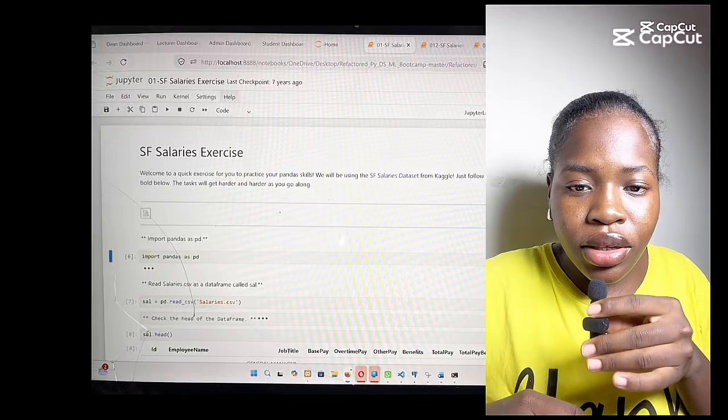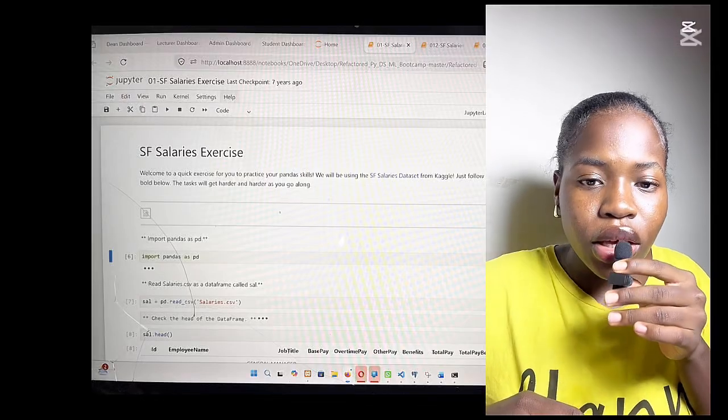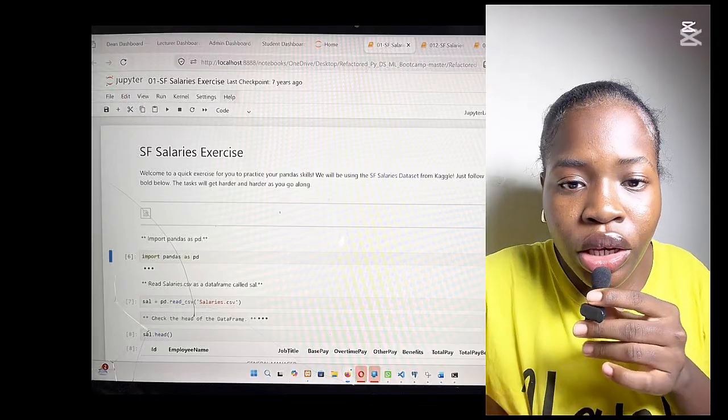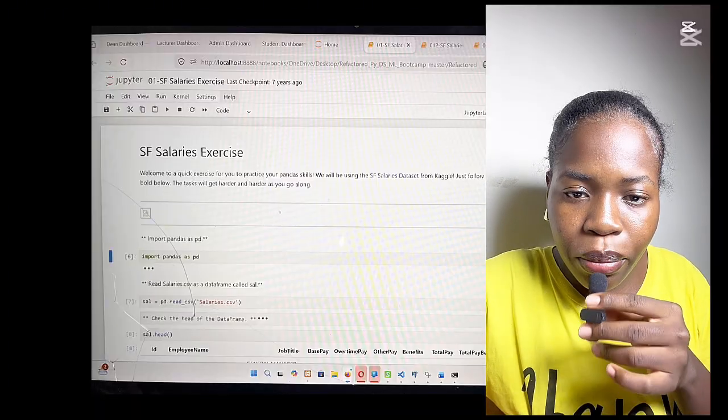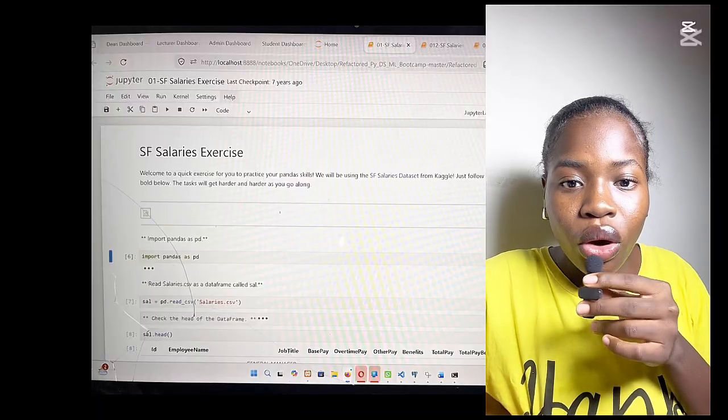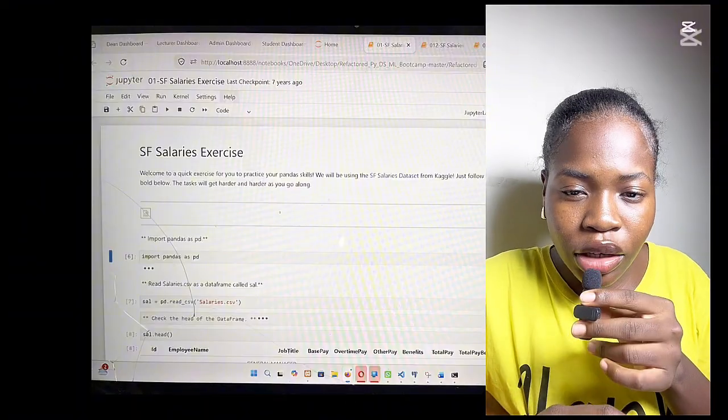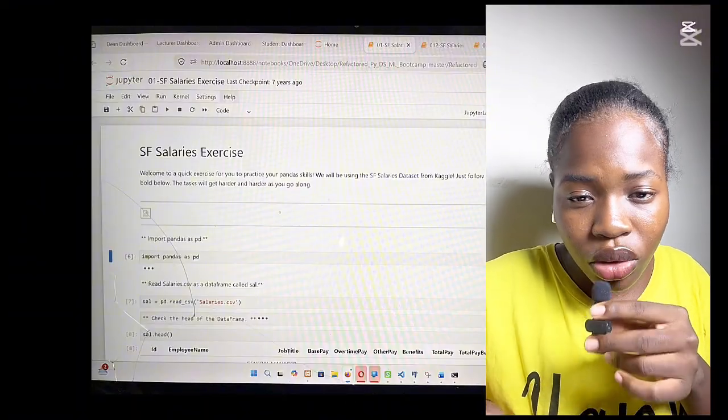Presenting on the pandas exercise, starting with the salaries exercise. In the first box, as seen on the screen, we see the import pandas as pd. Pandas is a tool that is used by Python to manage its data. So calling it pd is simply nicknaming pandas so that we don't have to type pandas all throughout, thereby wasting